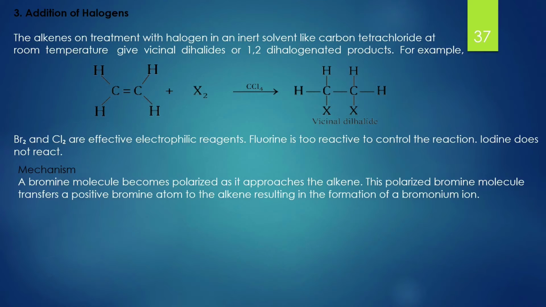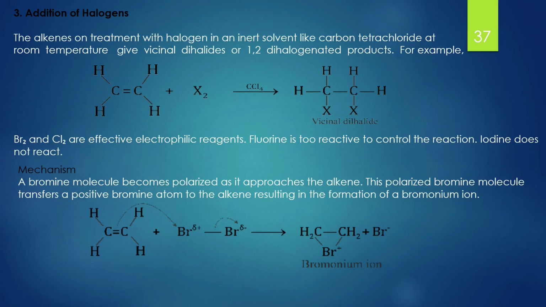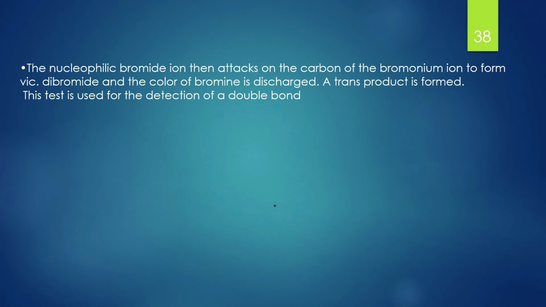This reaction takes place in the following mechanism. A bromine molecule becomes polarized as it approaches the alkene. This polarized bromine molecule transfers a positive bromine atom to alkene, resulting in the formation of a bromonium ion as shown in the equation. In the second step of the mechanism, nucleophilic bromide ion then attacks on the carbon of bromonium ion